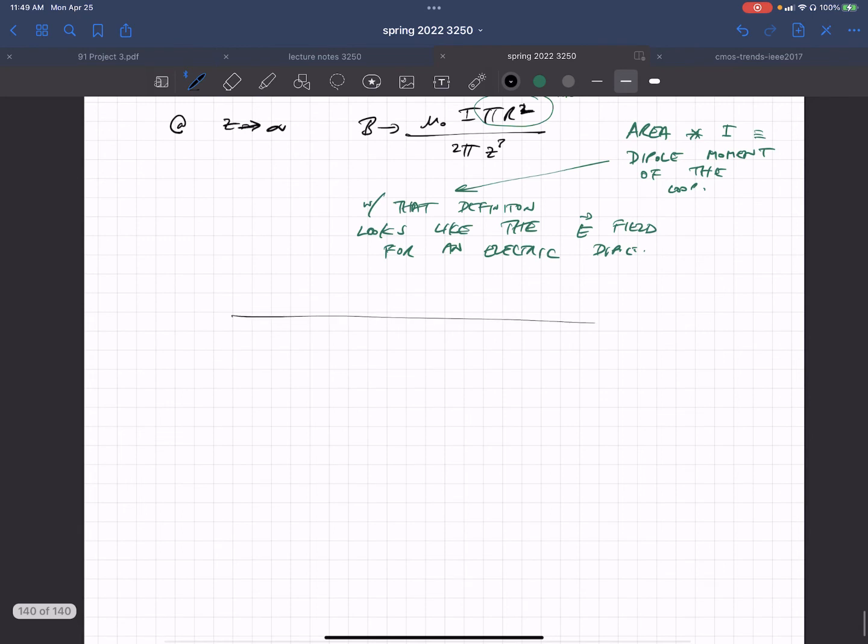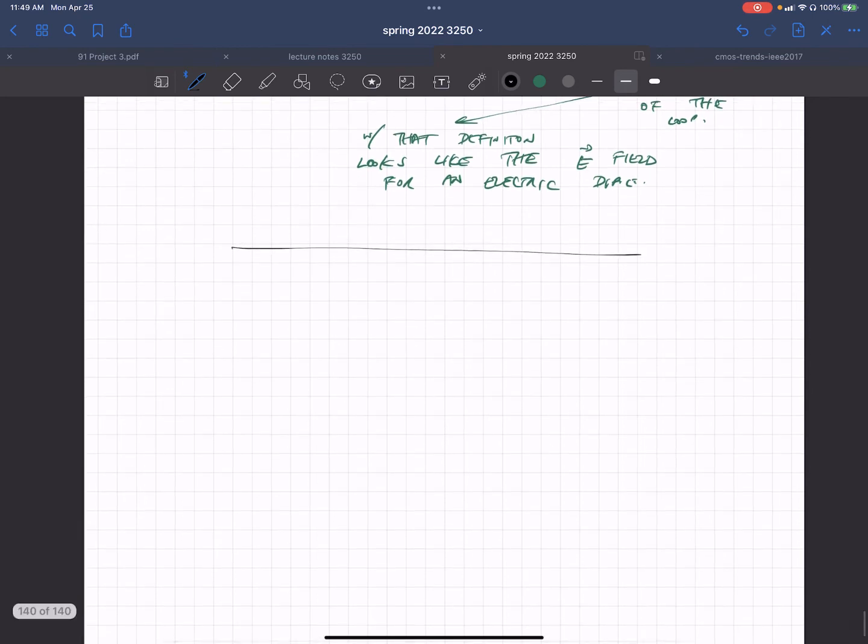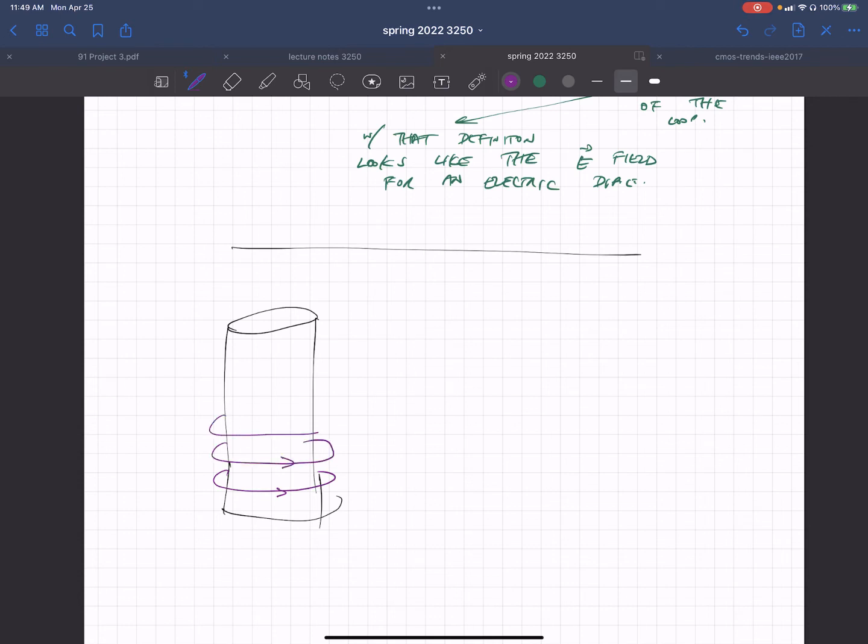You can basically stack up. Let me do it this way. Let's say you had a cardboard tube or something, and you wrapped a wire with current going around it. So essentially, one way to think about it is you have a bunch of loops going around this thing. I guess there could be separate loops too, but let's say you had this kind of situation. Then what you would end up with is